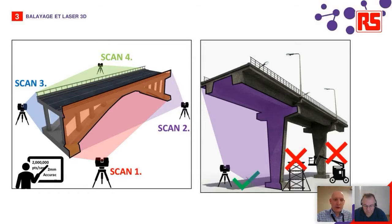So on the left-hand side of this slide, that just shows that when you use a static scanner, you scan from multiple positions, and then you amalgamate that data together to create a whole rather than a single isolated scan perspective. On the right-hand side, the idea is that it demonstrates that because the 3D scanner is essentially remote capture, so it doesn't need to physically touch something, it does bring with it, for the operator actually carrying out the works,